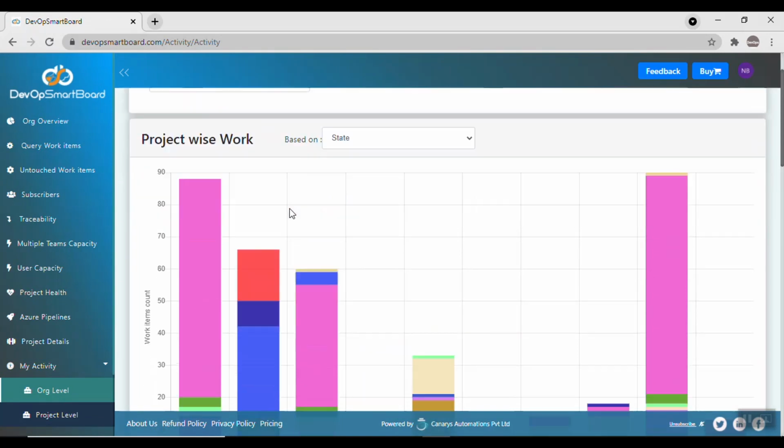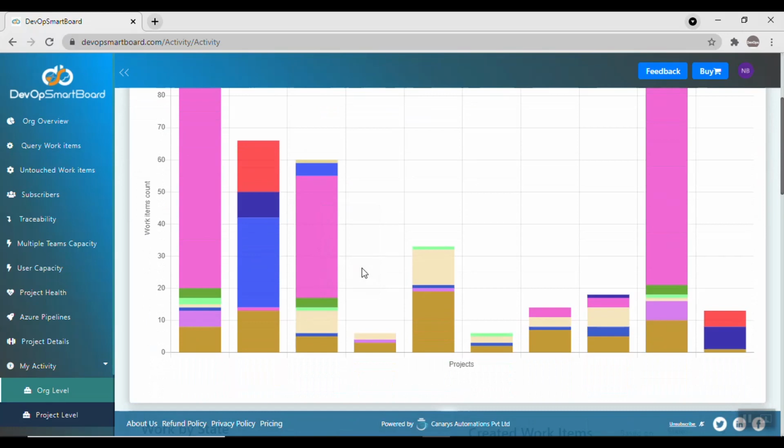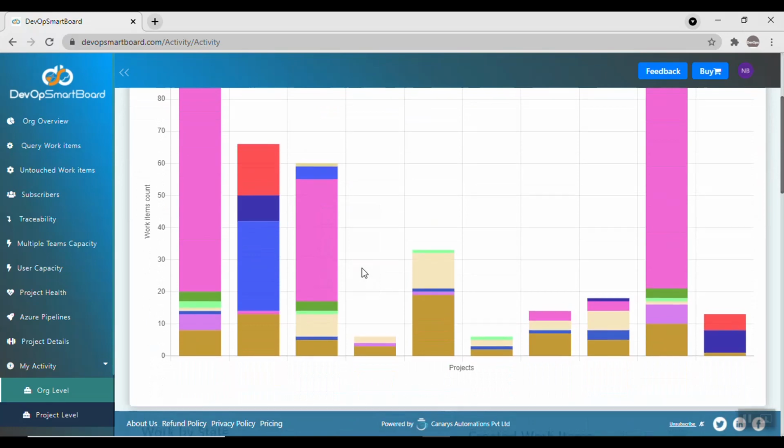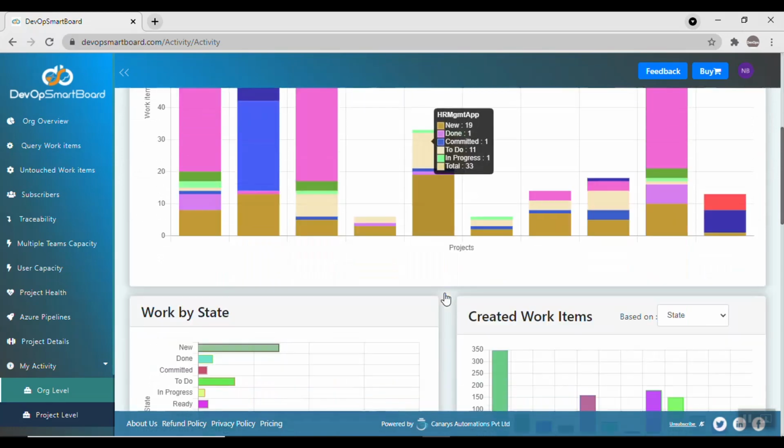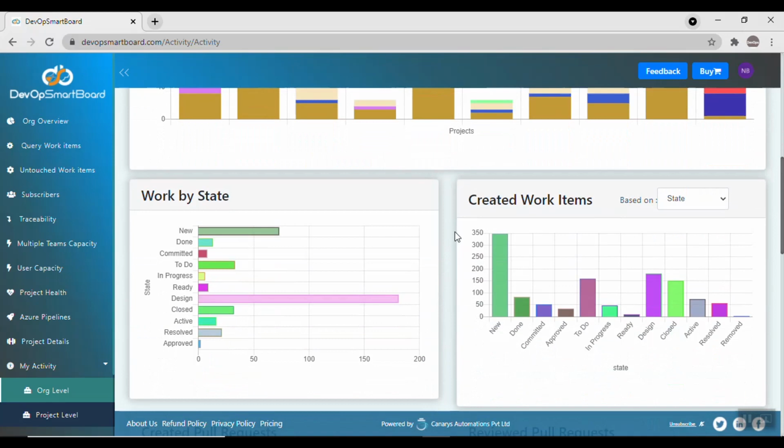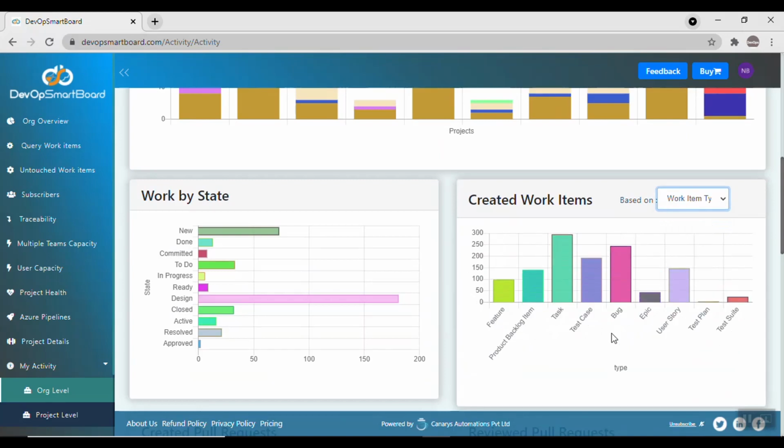So the work items where I am involved in different projects, then the work items by state, the work items that are created by me, in what different states they are, and I can even filter by work item type, how many work items are created by me.